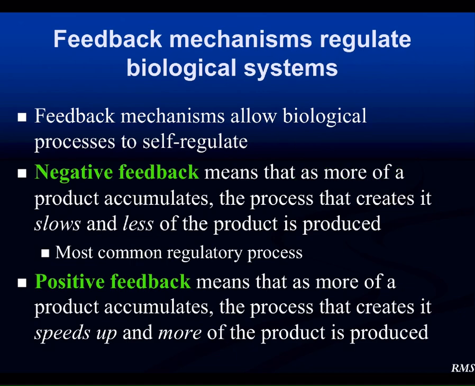Now, it doesn't have to just be chemical reactions creating products. This can happen through different processes in the body. So for instance, if your body temperature was increasing, here's your set point, let's say it's at 98.6 degrees Fahrenheit, and let's say your body temperature was up to 101, well, one of the things that would happen is that you would start sweating, and the reason you sweat is to bring it back down. Since you're trying to go against that rise, that's called negative feedback. So if you stop what's changing, it's negative feedback.